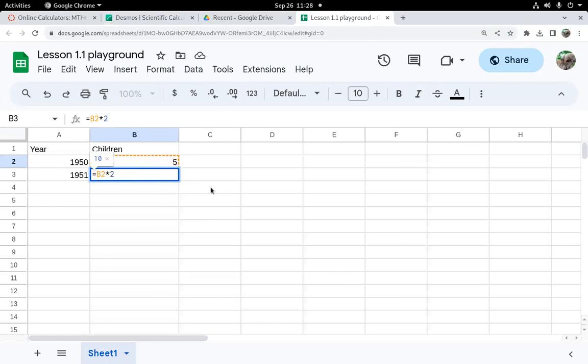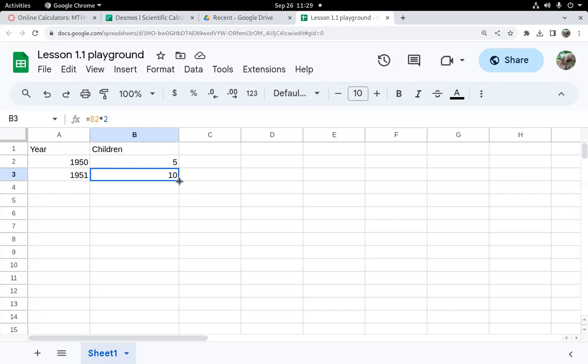And I just want to multiply that number by 2. Now, the cool thing about this formula, I'm going to double click on it, and notice it highlights the B2 cell above. It's going to take whatever is in that cell above and double it. Even cooler, if you click back on that cell and then point to the bottom right corner, you get what's